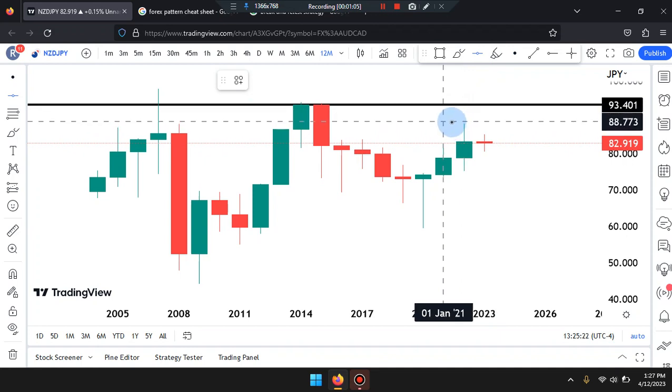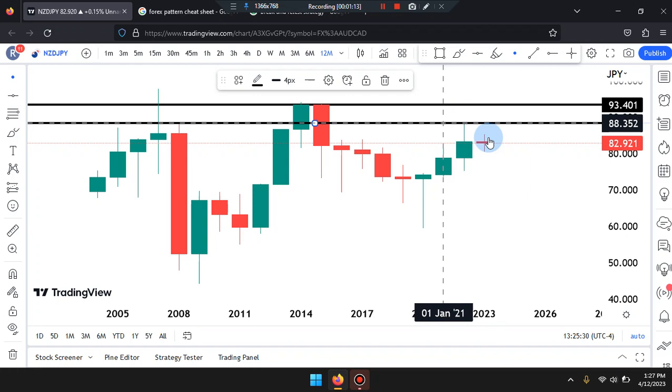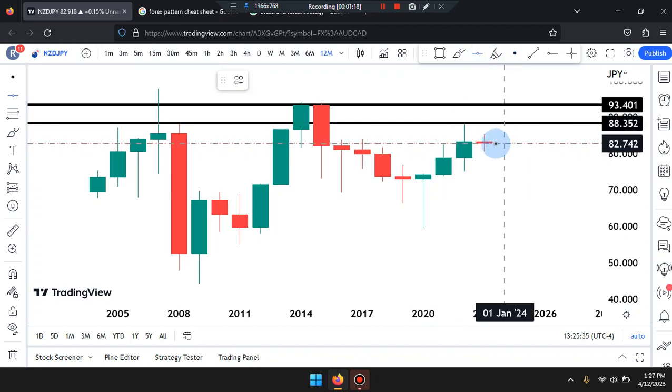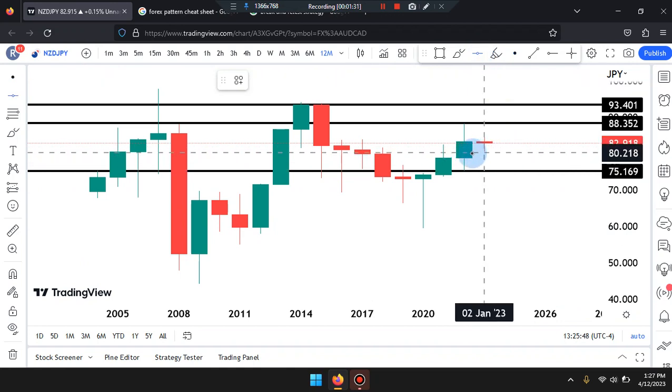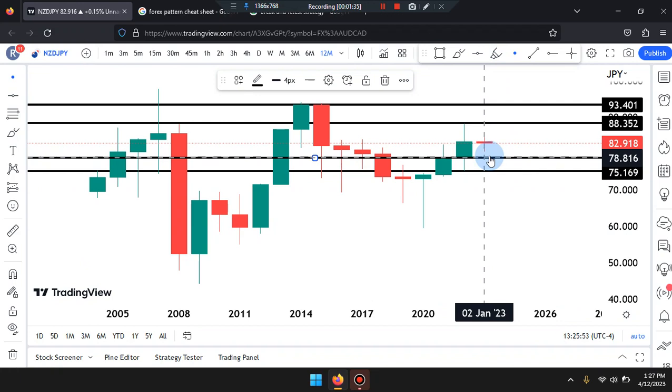So we're looking for price to engulf over that, to at least lead up to the area of 88.352, which is the previous number that we read before that. And if price action pushes down, it can head down to overall the bottom of the wick of the second to last candle, which would be the price at 75.169. Before reaching there, price action can tag the bottom of the body of the second last candle, which would be near the numbers of